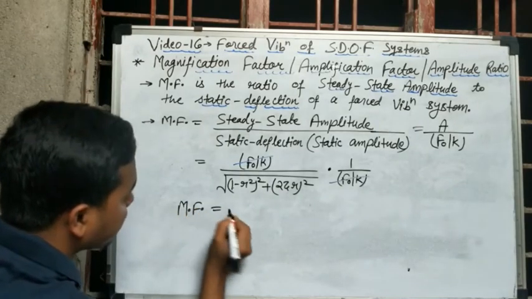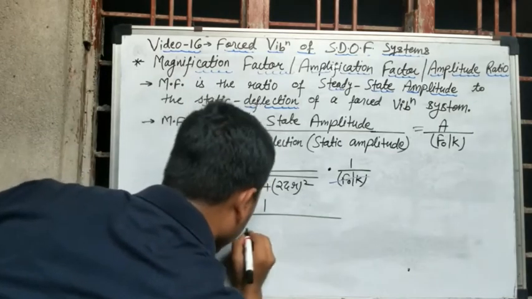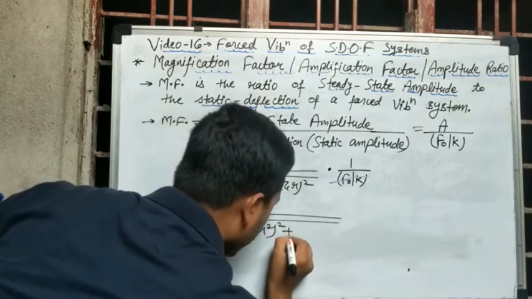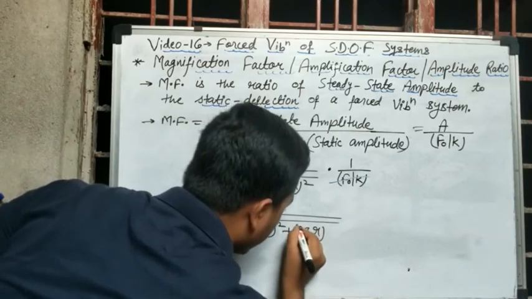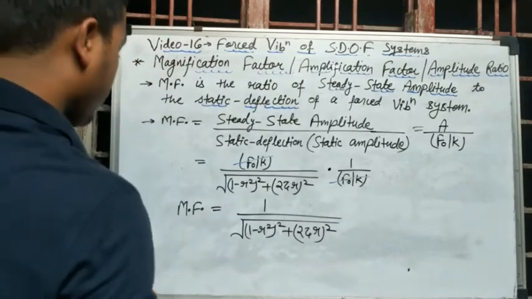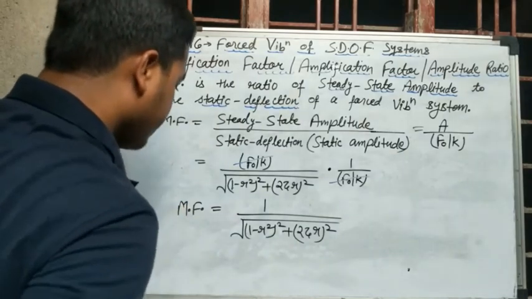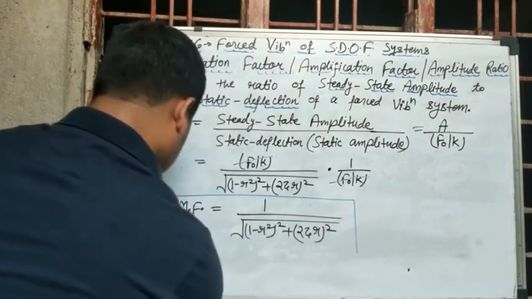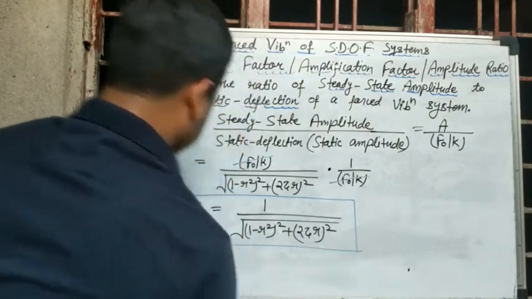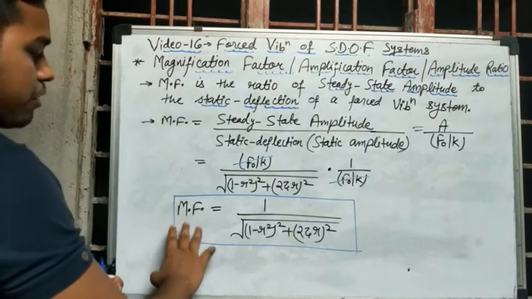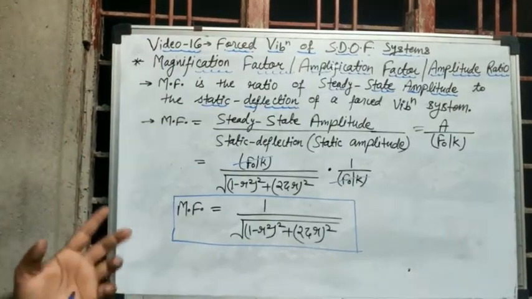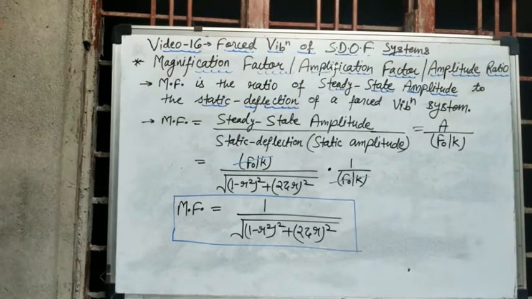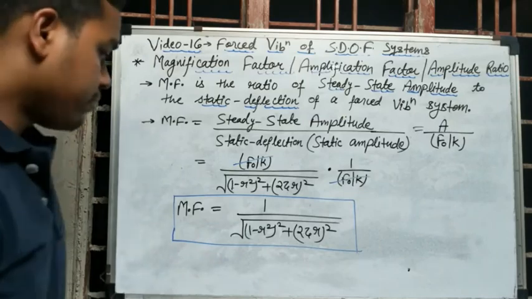So I can write magnification factor to be 1 by the square root of (1 minus r squared) whole squared plus (2 zeta r) whole squared. This is the formula for magnification factor. Right. The formula is 1 by square root of (1 minus r squared) whole squared plus (2 zeta r) whole squared. This is the formula, where